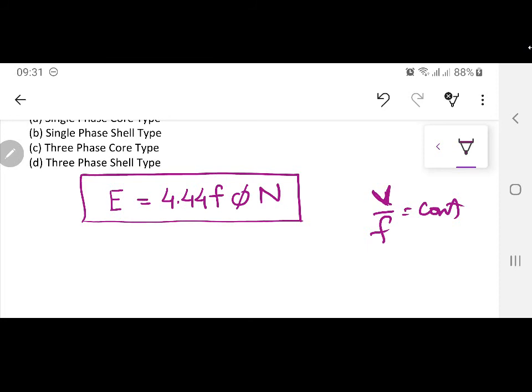Listen to this very carefully. What is voltage? Voltage is the standard voltage at which that motor or that transformer is going to work. When I use the word V, it means that the device winding is rated for that insulation level. So if I'm talking about a 300 volt or 400 volt machine, the winding is rated for that voltage. If I give less than that voltage, certainly there will be no disadvantage. The machine will have no problem, but the working of that machine will be reduced.